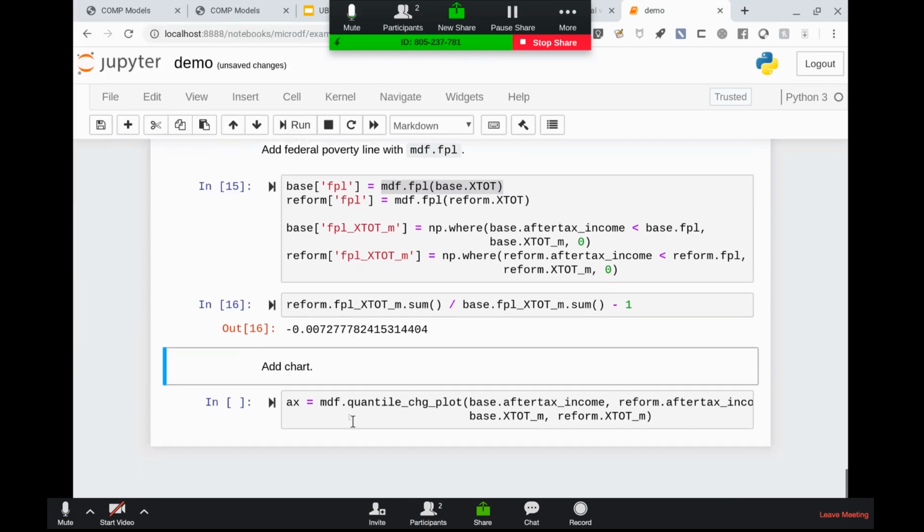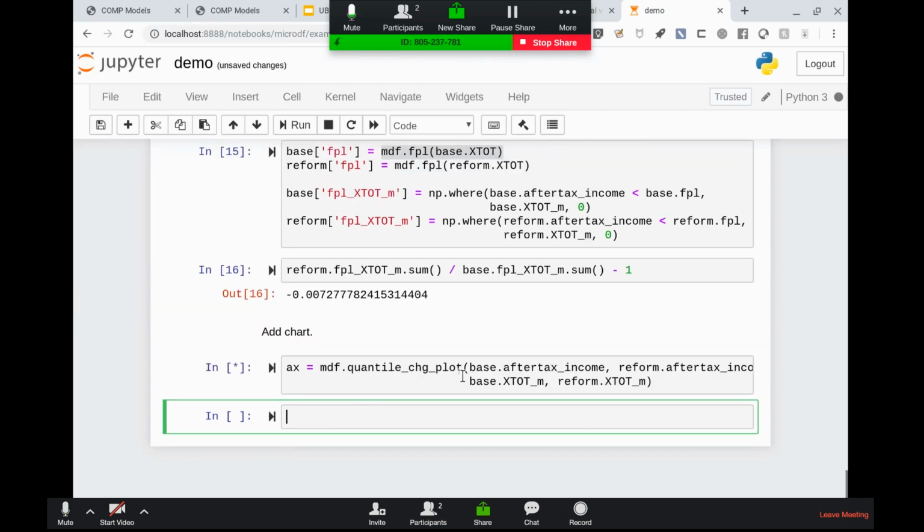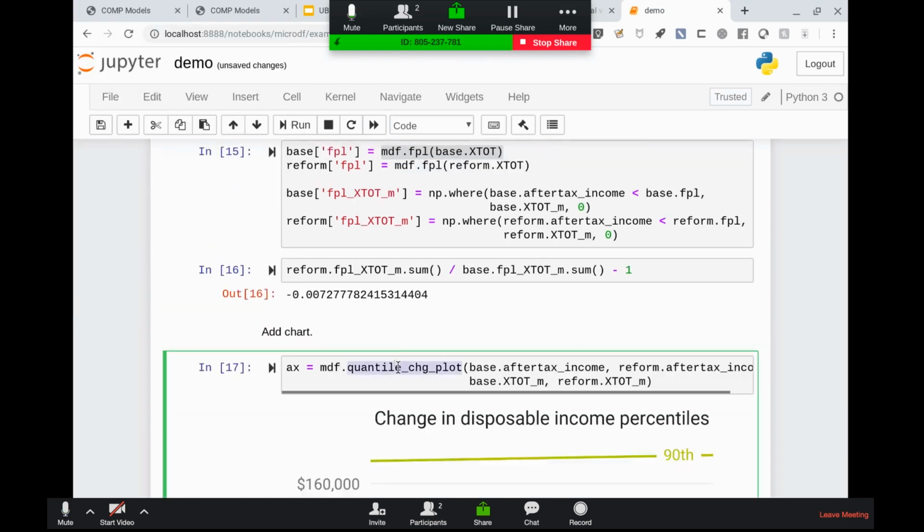And the last thing I'll show is this plot that we actually saw in the blog post. This characterizes the distribution of incomes rather than going from one decile to another. This is pretty straightforward, actually. It's a quantile change plot, and you just pass in the after-tax income for the baseline and reform and the weight for baseline and reform.